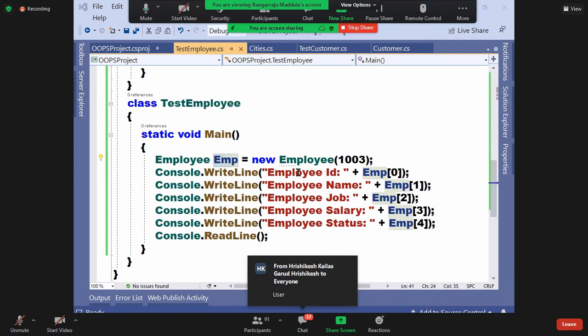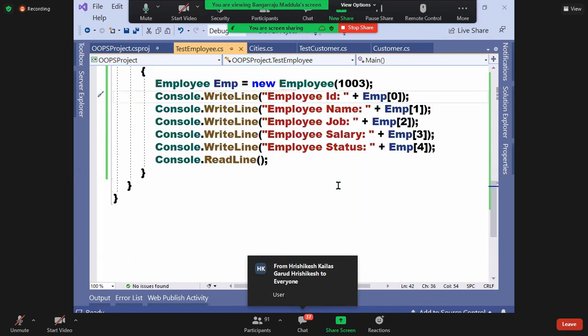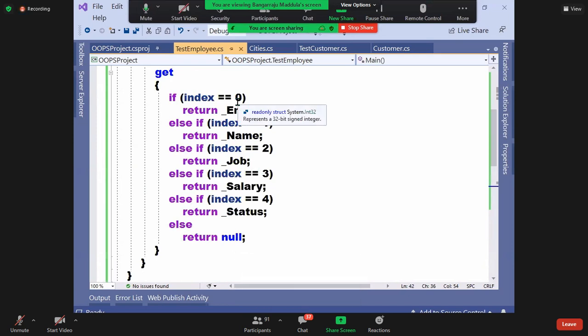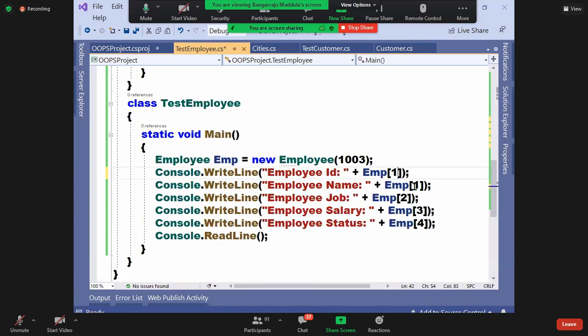Because you defined your index on your own, it is not mandatory that you need to start from 0. I want to give my own indexes, say 10, 20, 30, 40, 50. No problem. If you feel 0 based index is confusing, start from 1. Generally 0 based indexes will be confusing. Tomorrow, if you have 100 values and you want to get the 76th value, your record is 75 there. That will be a little bit confusing. So start from 1 only. If you start from 1, which one you want, that only you will give as an index.